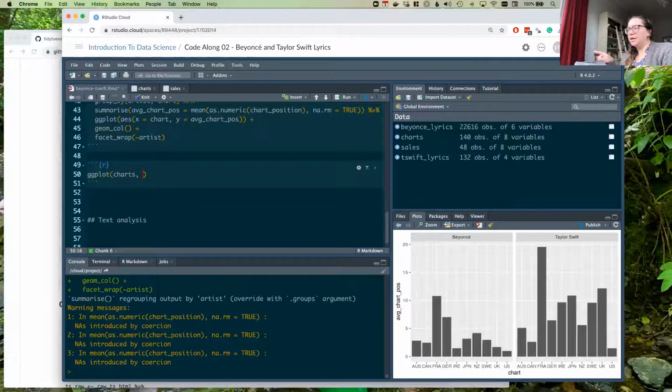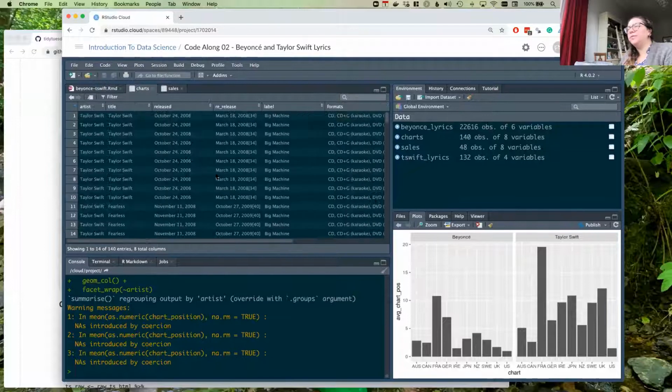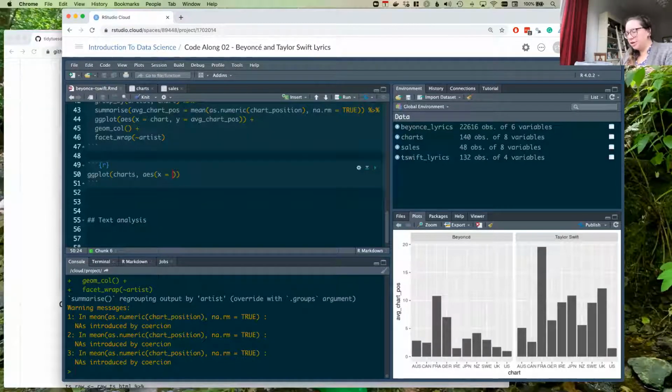Shall we do this same visualization, but more in a box plot format, where on the x-axis we would have the country names. And can somebody remind me which variable in this charts data frame the country names were? Chart, exactly. So let's put chart on the x-axis.